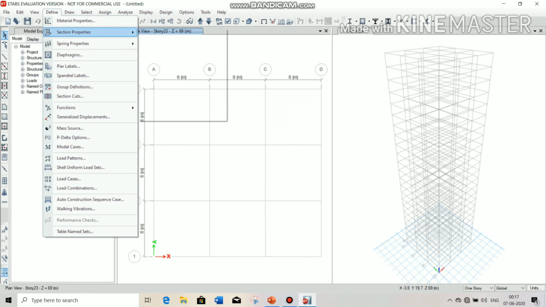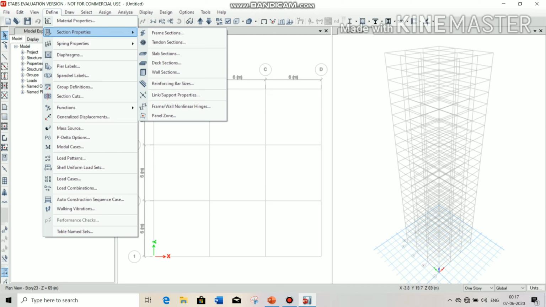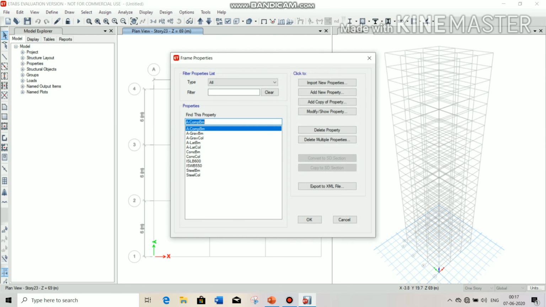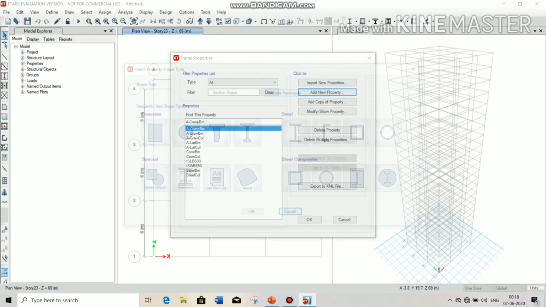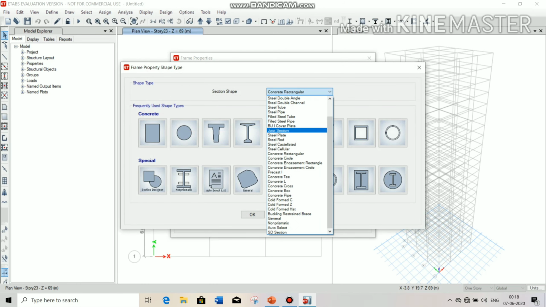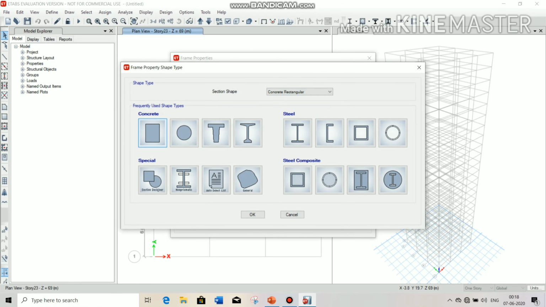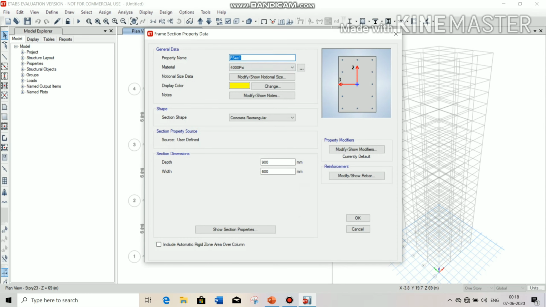Now you have to define section properties. For that, go to define, section properties, and now click on add new property. Select concrete rectangular, choose rectangular shape, give the property name.